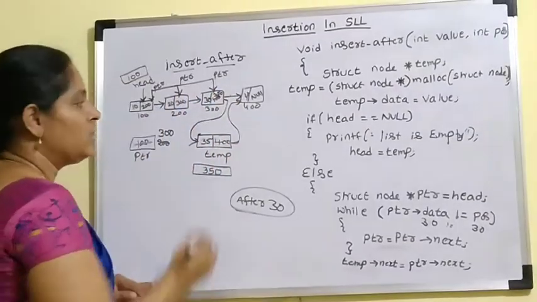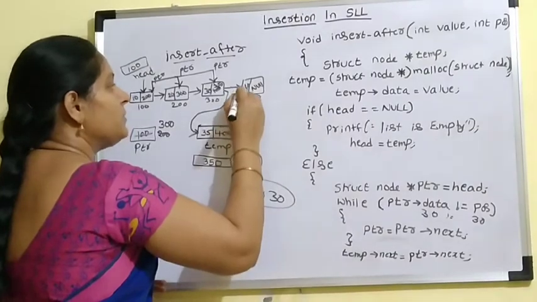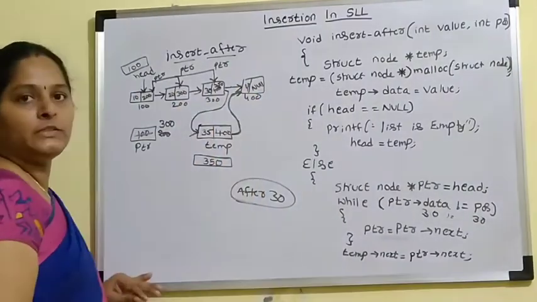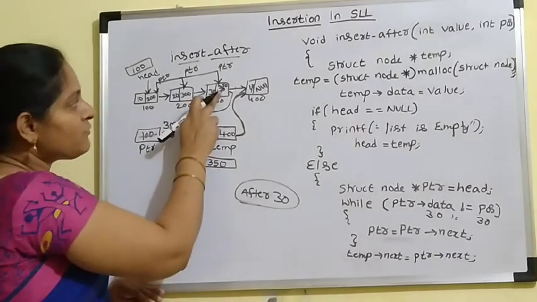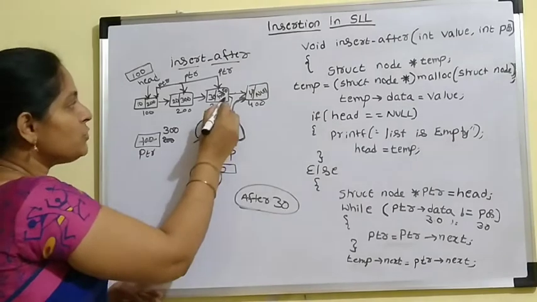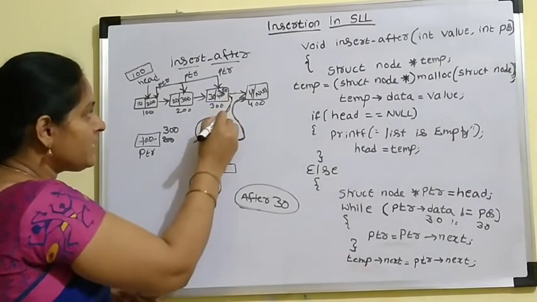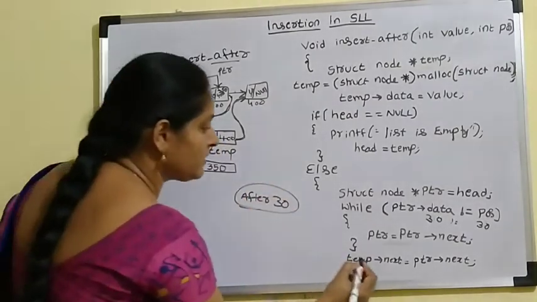Temp next. So with this statement, this connection will be established between temp and 40 node. Now the next statement is, we need to replace this 400, we need to connect this 30 with the temp node. So to connect these two nodes, what we need to write is, here,